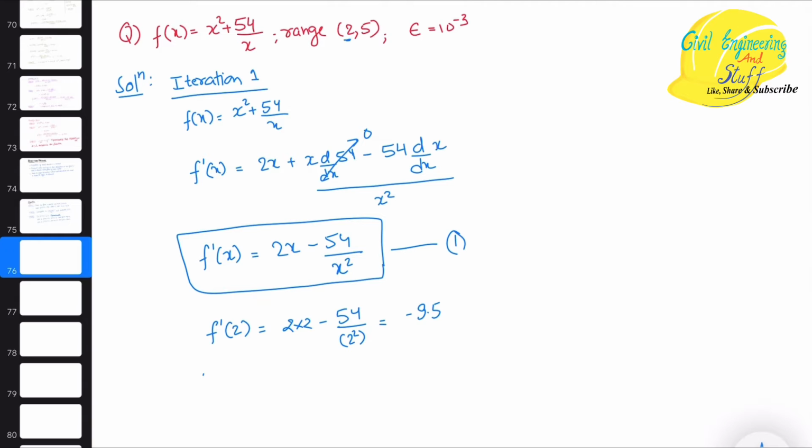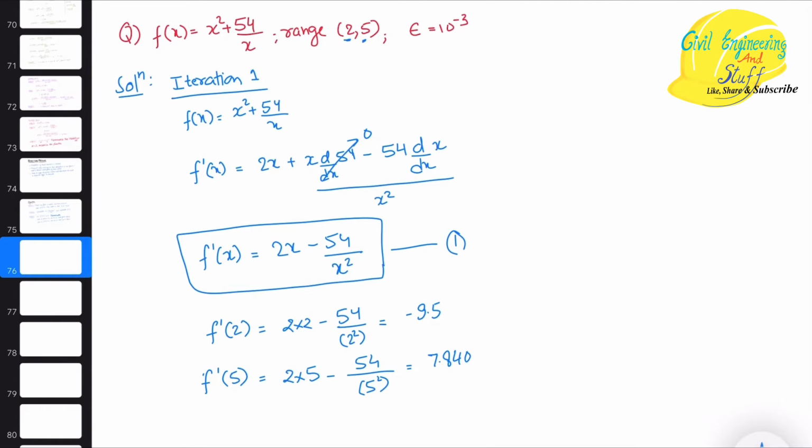Likewise, your b value, that is 5. So f dash of 5 will be equal to 2 into 5 minus 54 divided by 5 square. On solving it, we'll observe that your f dash 5 value will be